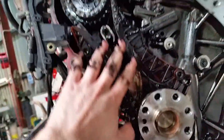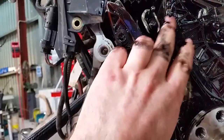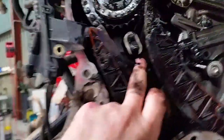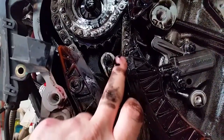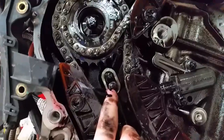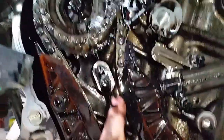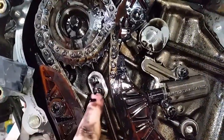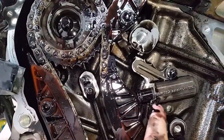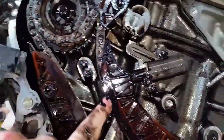These chains, when they do stretch, when they get to the point, the last one I had, now I've done 3 in the past month, this chain was all the way over to this bolt and rubbing on the top of the bolt. Now, as you can imagine, that is a great amount of stretch in the chain. Now this was out as far as it could go, could no longer hold the chain under tension, and then